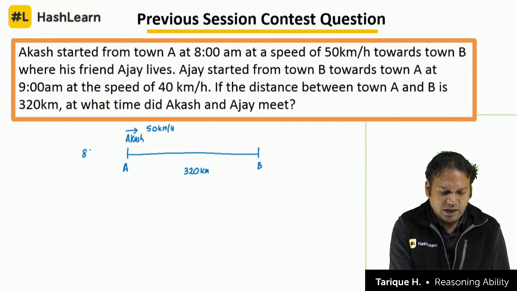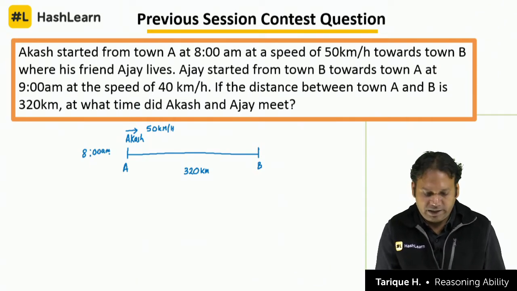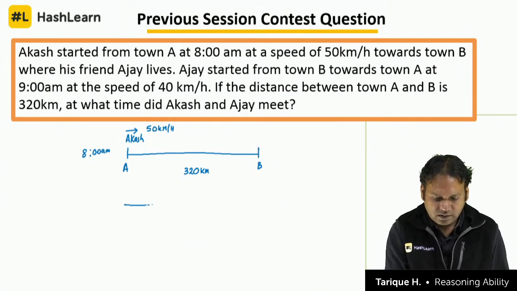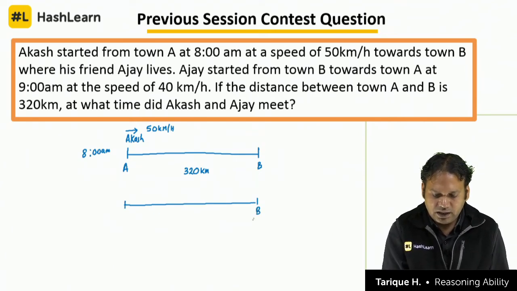At what time? 8 am. Whereas Ajay starts at 9 am. So, let us say when Ajay starts from town B at the speed of 40 kilometers per hour at 9 am,